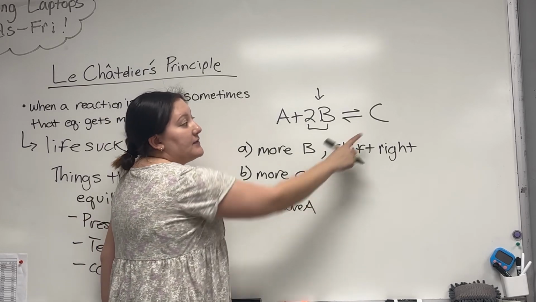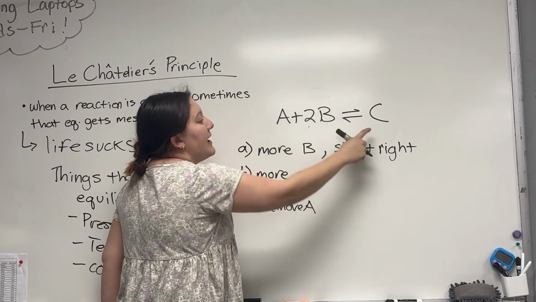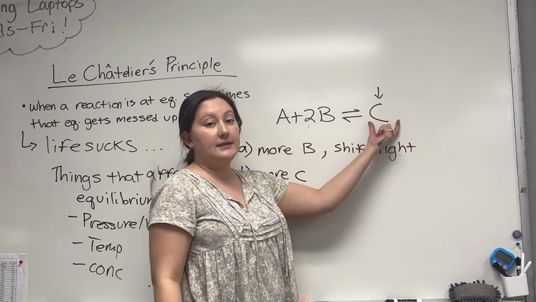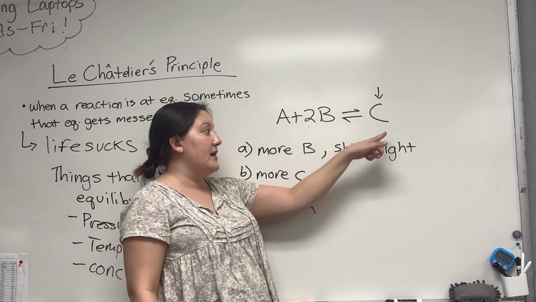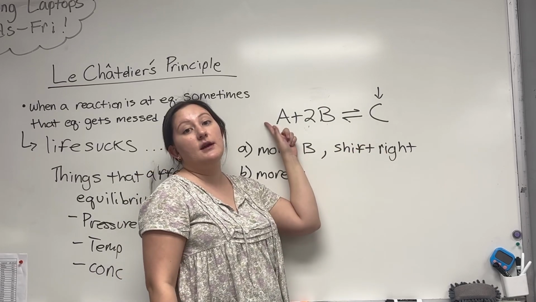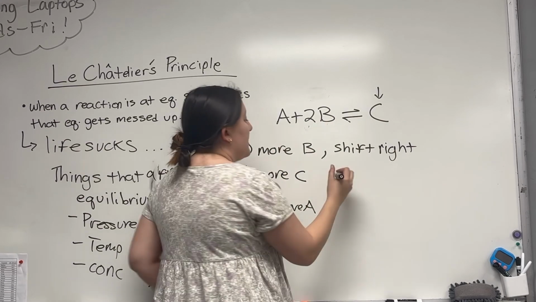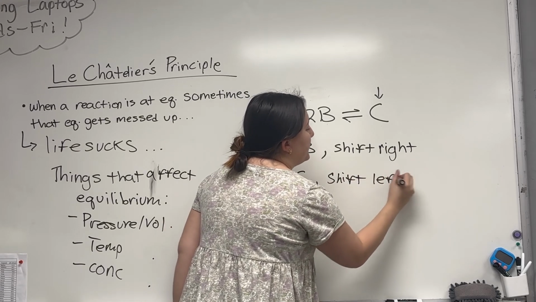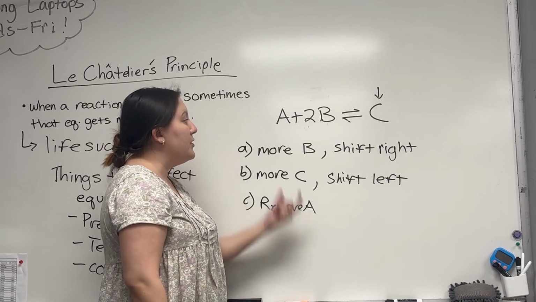Okay, more C. So same thing, except we're on the other side. So now for this guy, if I add more C, that means I'm adding a higher concentration of this. Okay, so there's going to be more of this. So that means I'm going to shift away from it, again, to the left this time, to get rid of some of the C. And now we're going to make more A and B from the C to balance it out. So this one would be a shift left. Okay? Okay, now what if I removed A?